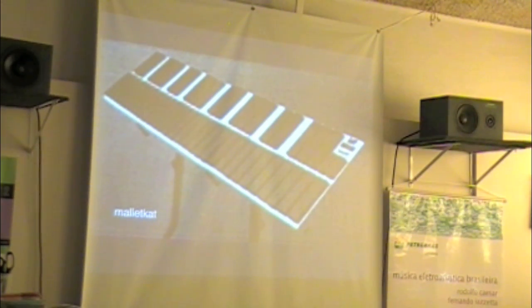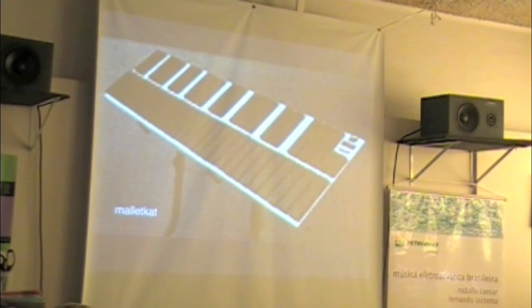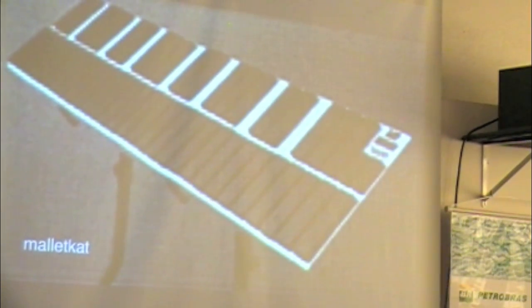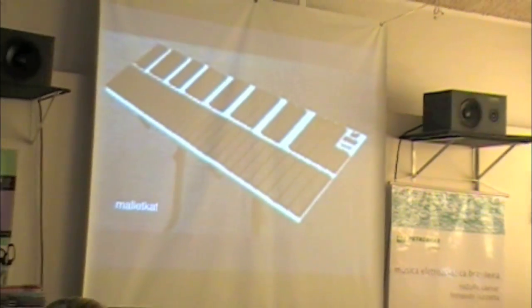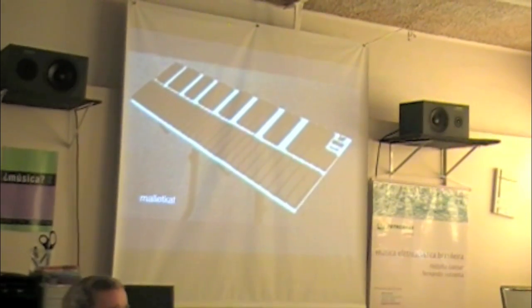And from keyboards we branch into mallet played keyboards, essentially. This is the Mallet Cat. This was designed by a guy in Boston, whose name, what's his name? Mario DiCusi. And it's a MIDI interface, and it's responsive to more than just the standard mallet responses, but not much more. The keys are made of a conductive material, and the harder you strike them, the louder they become. And I developed, there's another,